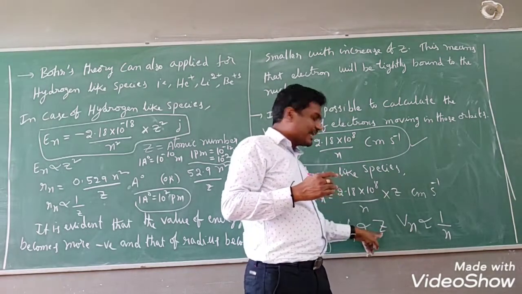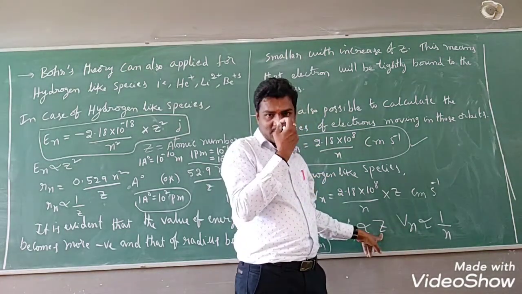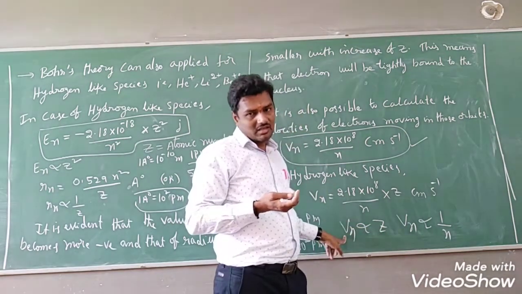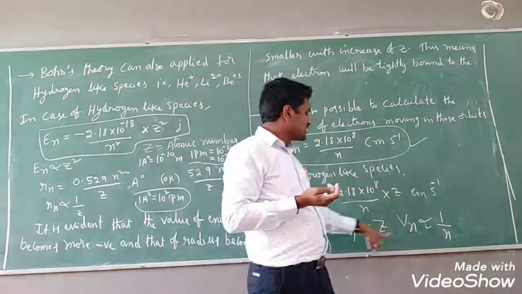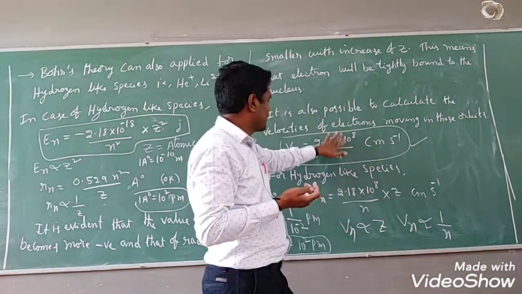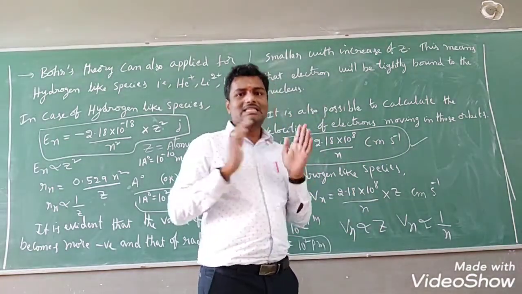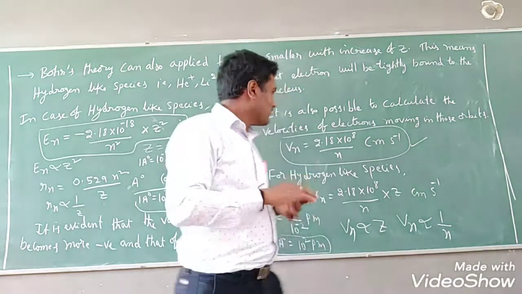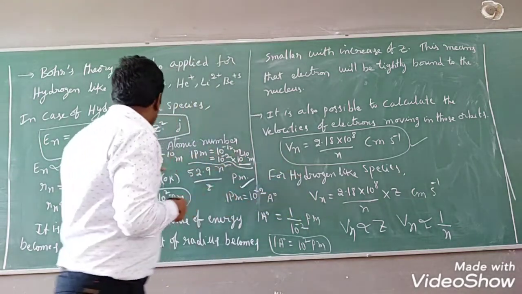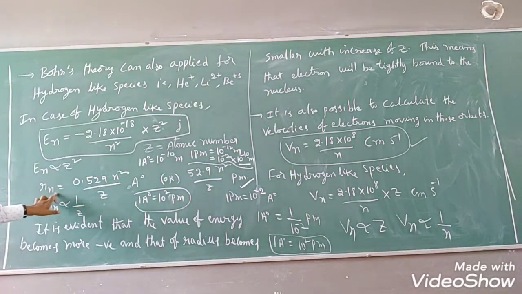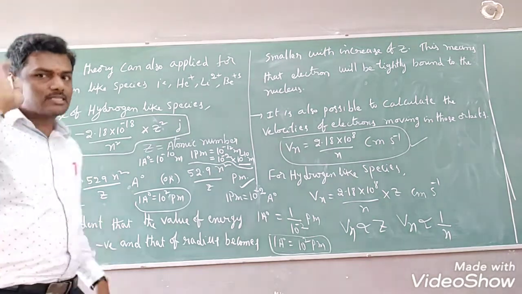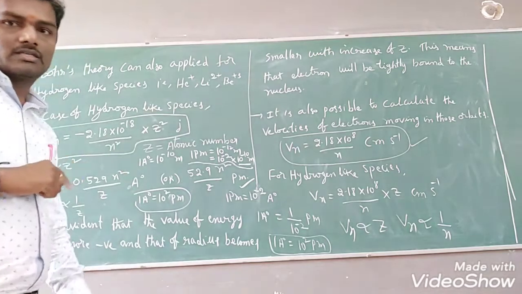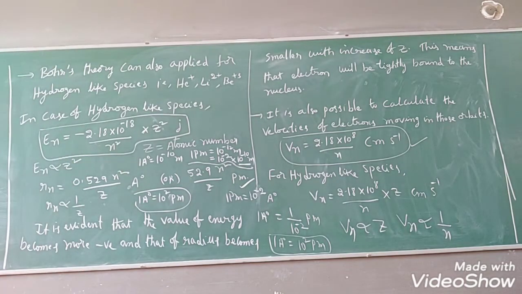And the velocity is also directly proportional to z. That is nothing but what? Atomic number. Atomic number increases, velocity is also increasing, students, right? So this is the relation we can say by using this expression. So these are the expressions we use frequently in the numericals, students. Keep in our mind velocity of an electron, energy of an orbit and radius of nth orbit. Okay, now these three formulas you have to keep in our mind. We use them in the numericals. Note down the points, students.